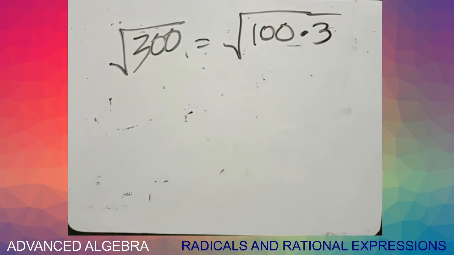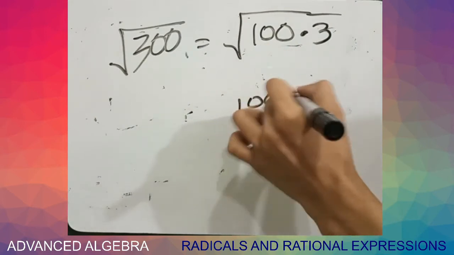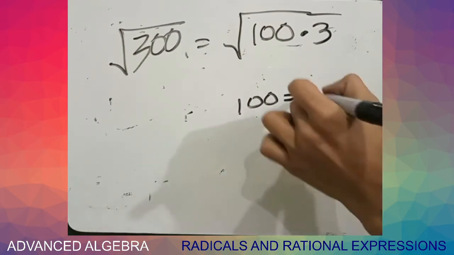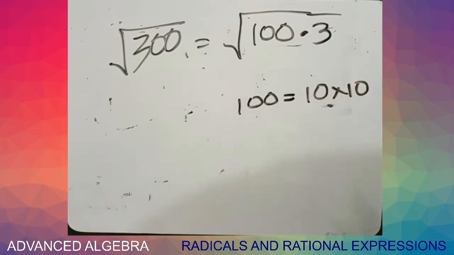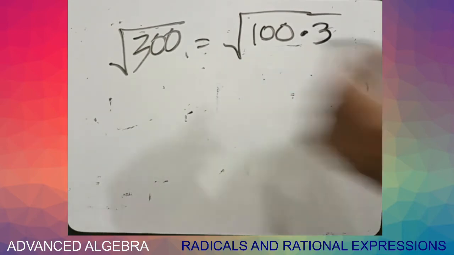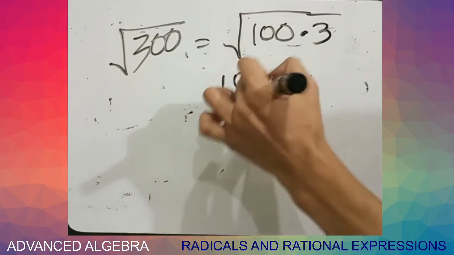Anong square root ng 100? Okay? So, di ba, kapag si 100 i-transfer natin as yung isang number na pinagtatimes mo sa kanyang sarili, ang sagot ay 10 times 10. So, ito yung perfect squared natin, si 10. So, 10 squared. So, 10 times 10. So, ibig sabihin, ang square root ng 100 ay, ano sagot? So, ang sagot ay 10. So, ilalabas na natin siya sa square root. So, 10 square root of,